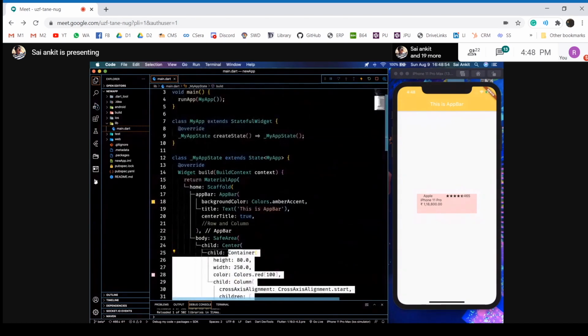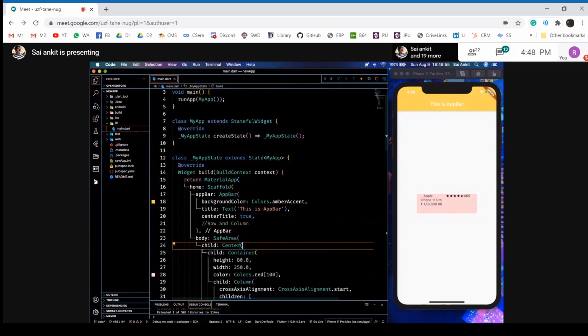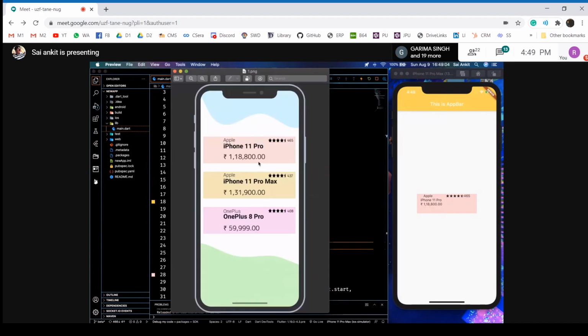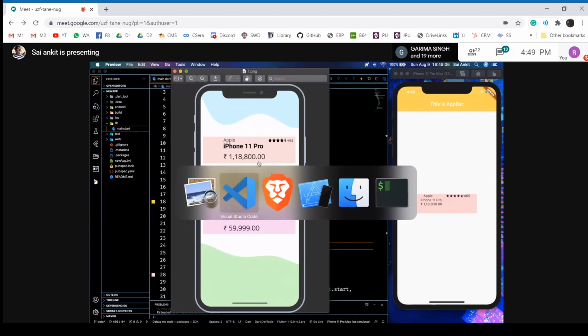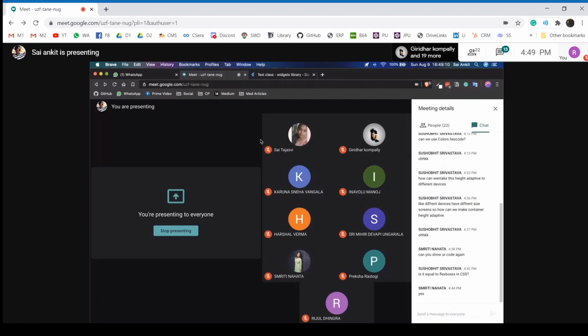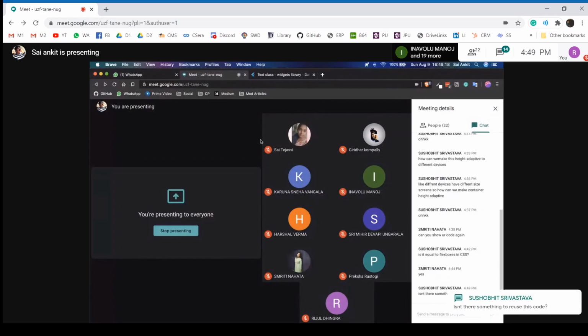But there's something I just want to tell you. The center widget can only handle one child. So you want to handle 3 containers inside the center widget. How do you do that? What widget can you use to handle 3 widgets for this center widget? Center widget can only handle one child, but you want 3 containers to be on the center widget.